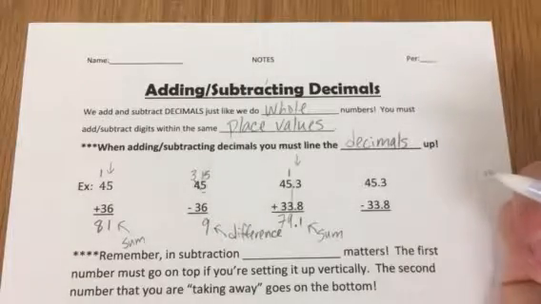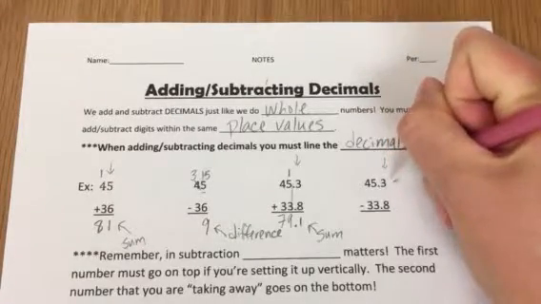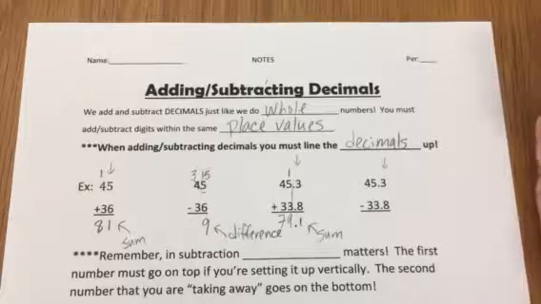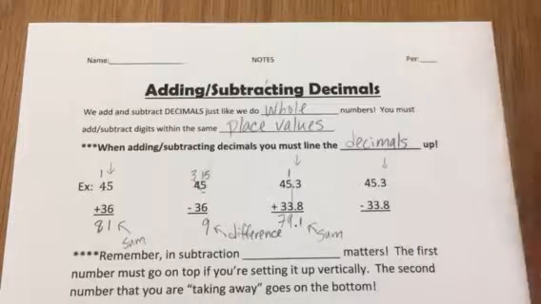We have 45 and 3/10 minus 33 and 8/10. We're going to go ahead again and start furthest to the right. We need to take 8/10 from 3/10, which is very difficult to do. Eventually, when you get into 6th and 7th grade, you'll learn about negative numbers, negative integers,